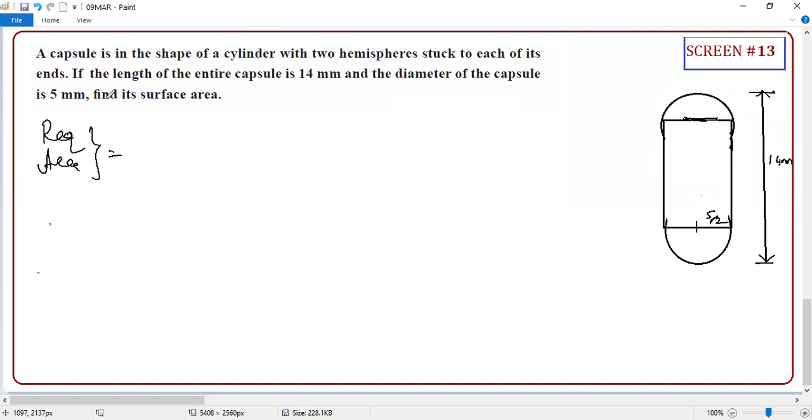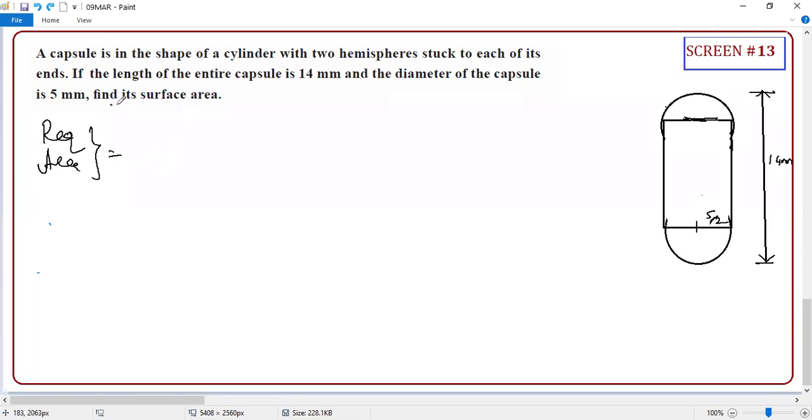Anyone tell me, even though they are asking surface area, whether it is total surface area or curved surface area? Simply, if they are asking surface area, it means total surface area only. But here, please remember, the total surface area is this: CSA of cylinder, CSA of hemisphere, CSA of hemisphere. Agree with me or not? This bottom area will not be visible to you. It is not in the scope.